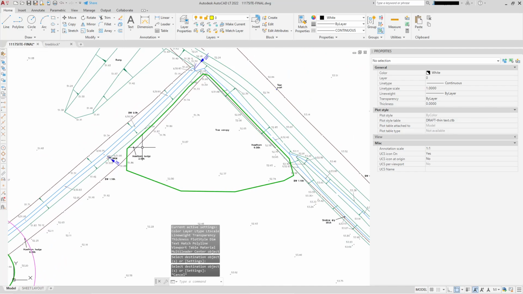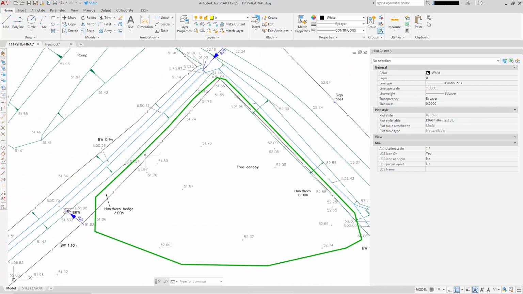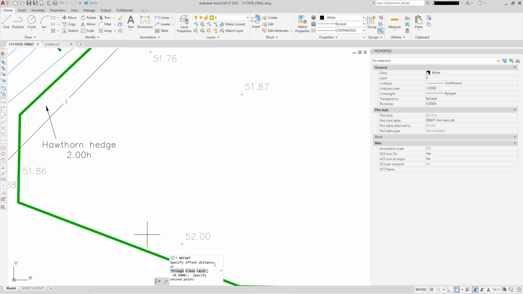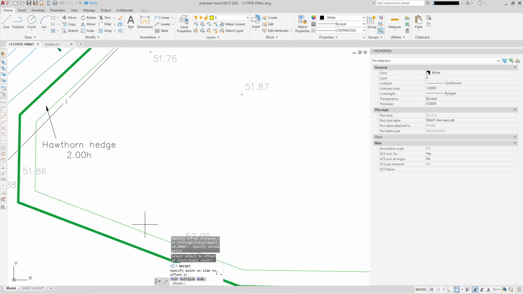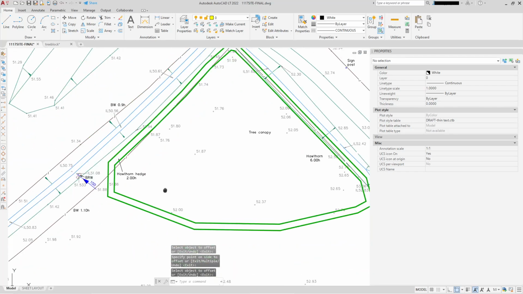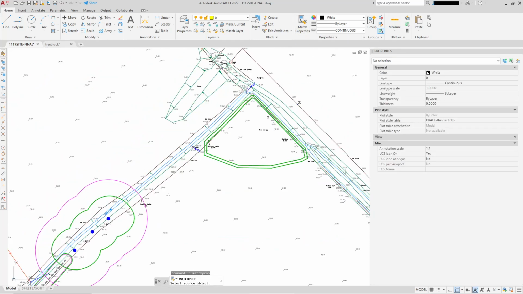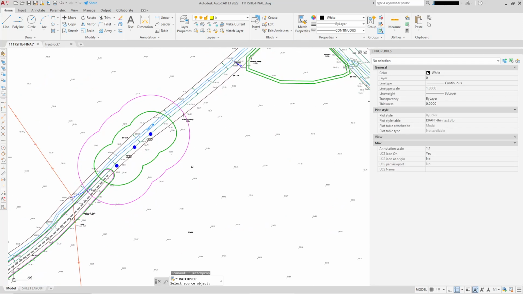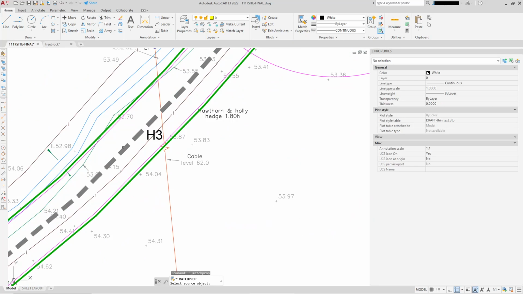And I'm just going to represent my stems inside. They're all over the place. I don't exactly know where they are. There's hundreds of them. So I'm just going to offset in about that much, and that is the extent of my stems. It's vague, I know, but this is blackthorn, and since I've done this, I'm just going to borrow